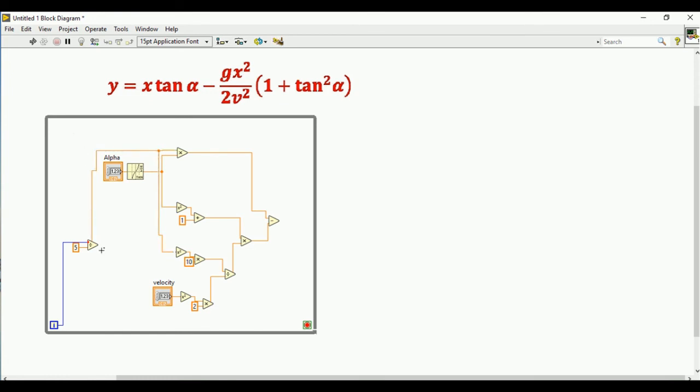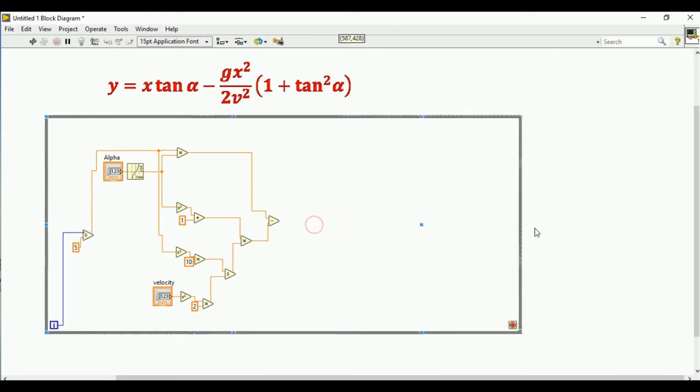That means the x value I don't need to give manually, so it will automatically take. So the first x value is 0 divided by 5, that is 0, and the second one is 1 divided by 5, that is 0.2, and it will continue till this condition is satisfied.